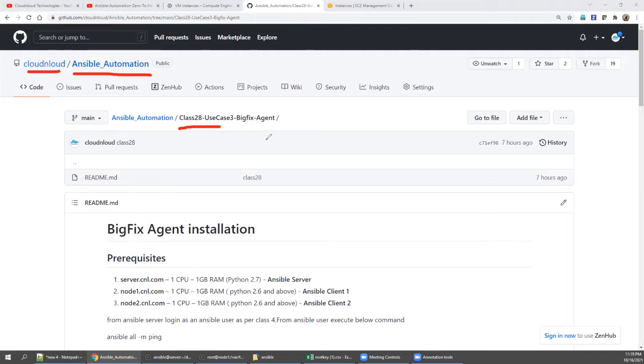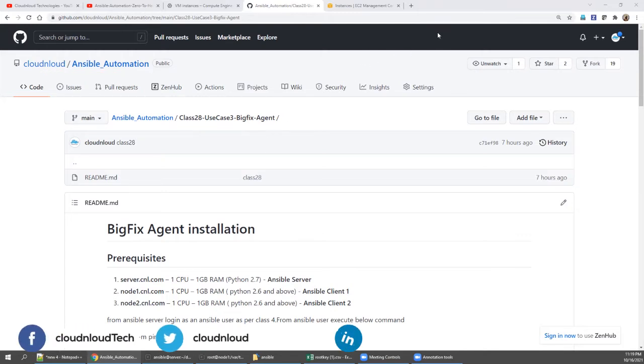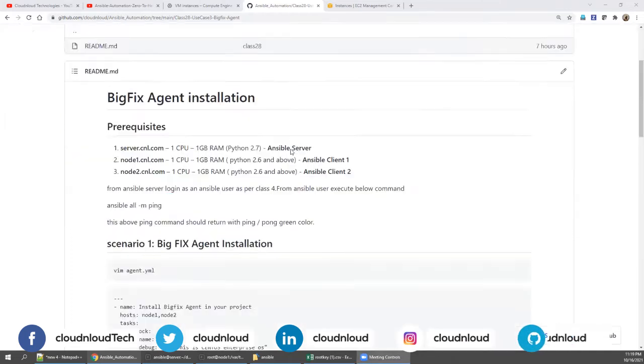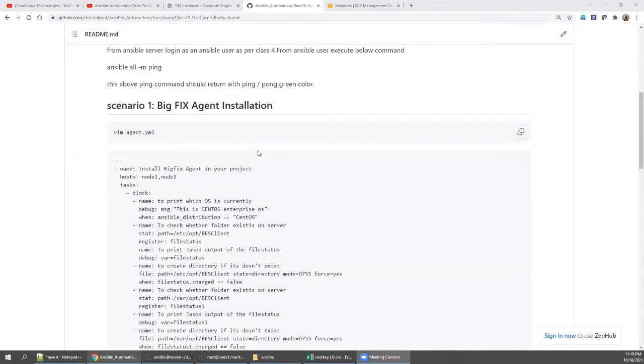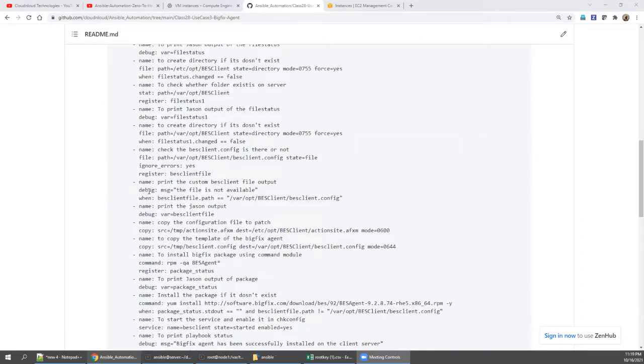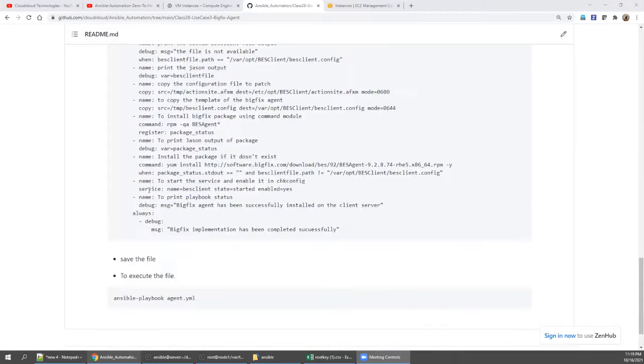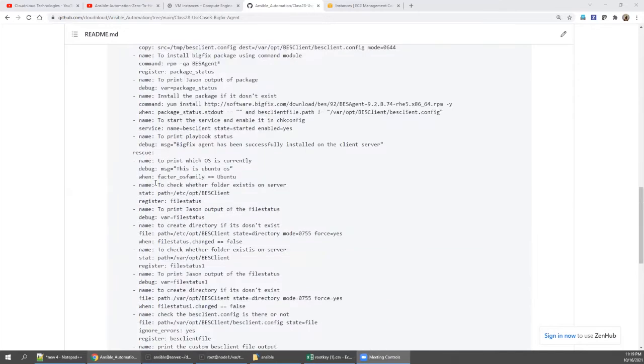So if you get into a situation where you need to install BigFix or some other agent, but in your environment you have two flavors of OS, how do you achieve this? We have seen block, rescue, always some time back. It is the same concept, but with a different scenario.